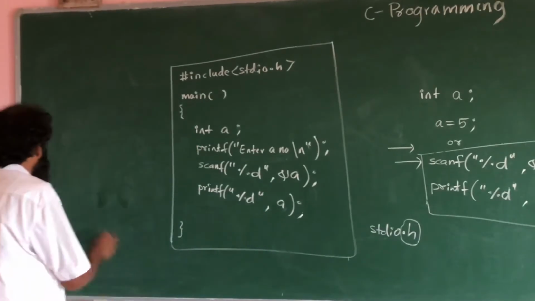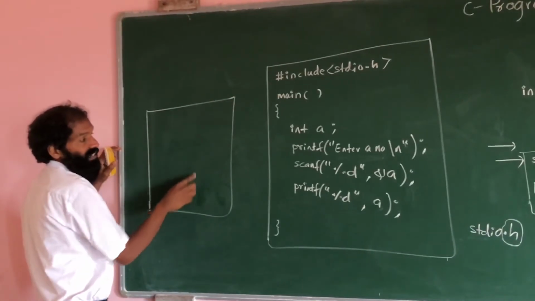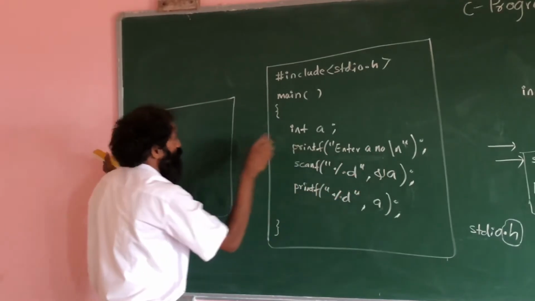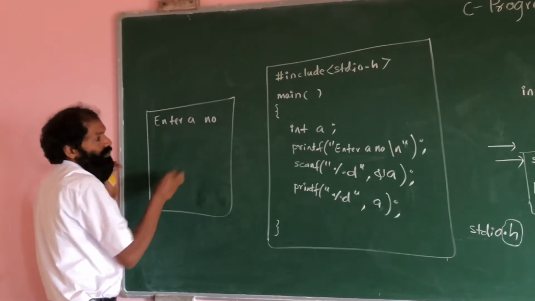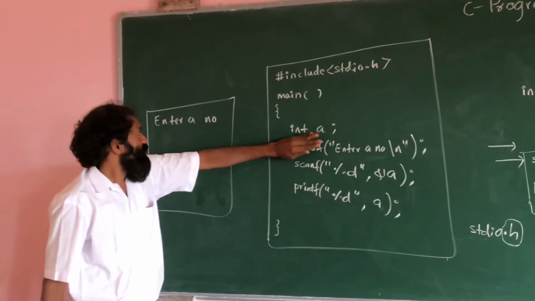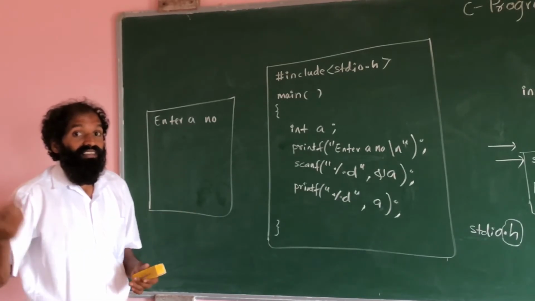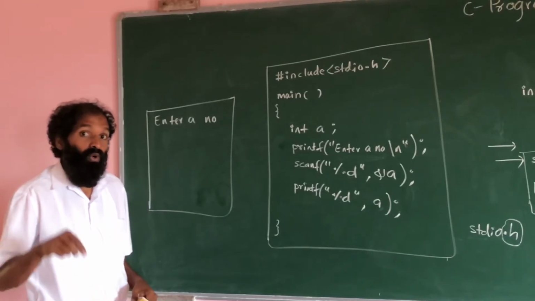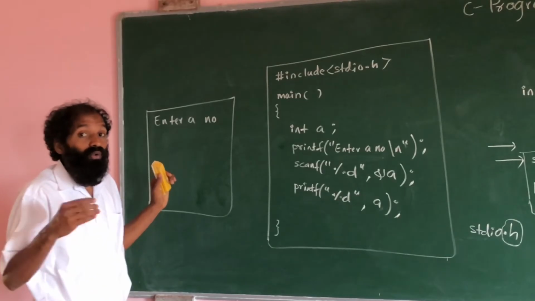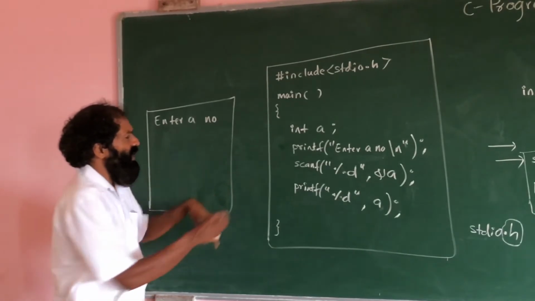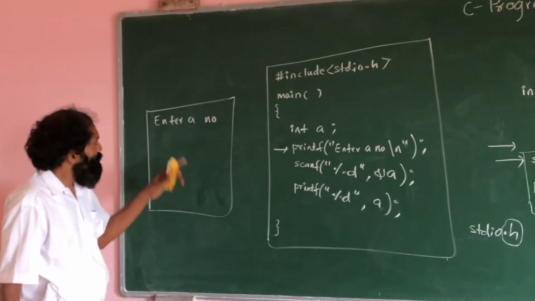How does it come on the output? Output screen. You get the message, enter a number. If you do not write this line, this message you will not get. So you should understand that we have to enter a number. If you have only written the program, obviously you know it, you will enter. So you have to remember. But simply if you write this line, no need to remember. The computer itself reminds you. So simple.